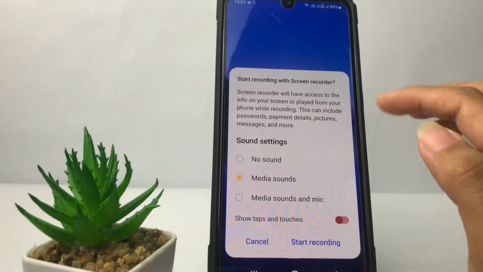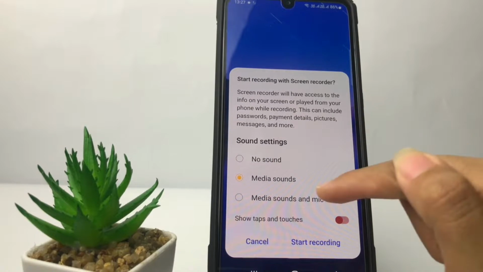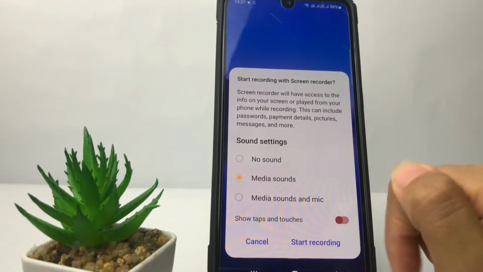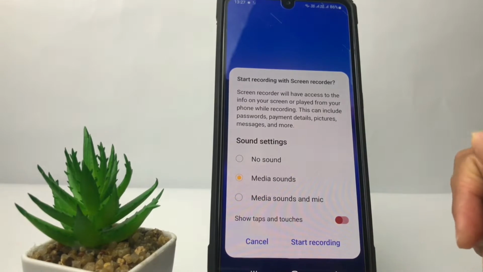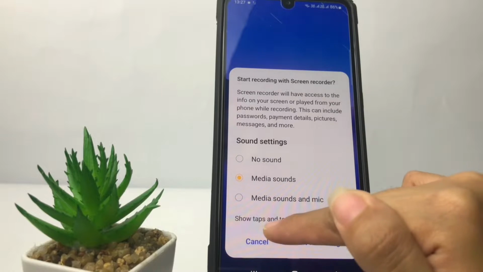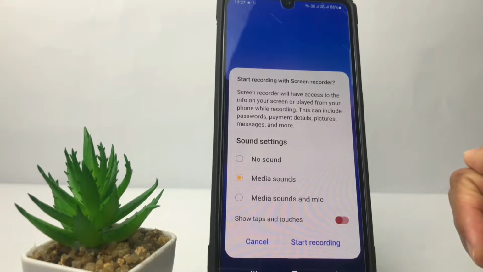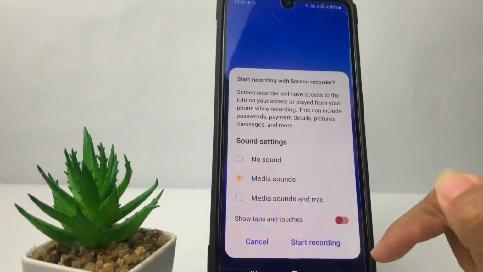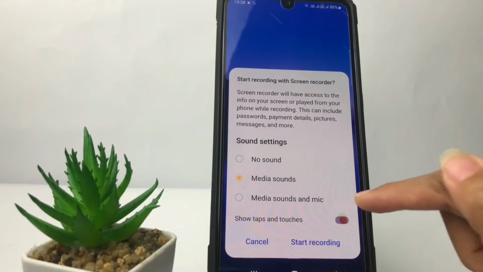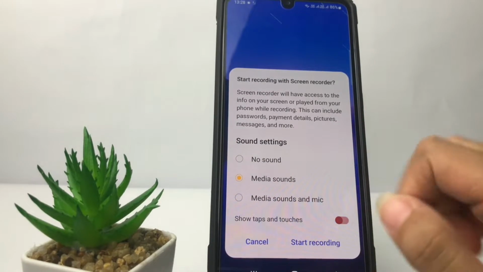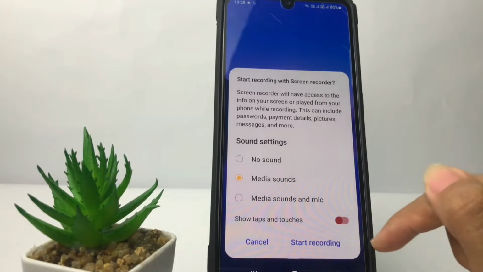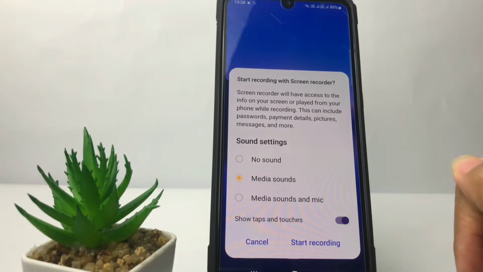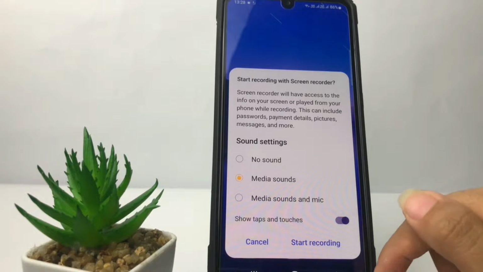And you will see this pop up. You can set the sounds here for no sound and for only the media sounds, and here also you can set it as media sounds and mic. And then under it you can see the show taps and touches. If you want to activate, you just have to tap on the toggle next to it. So here I'm gonna set it as media sounds as a default, and for the show taps and touches I'm gonna activate. And now just tap on the start recording,